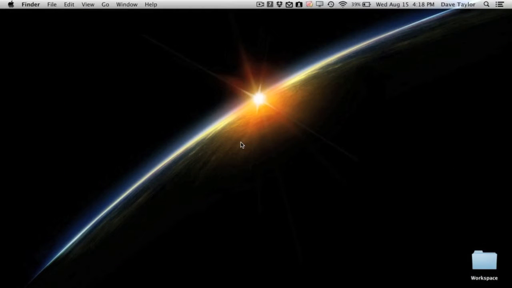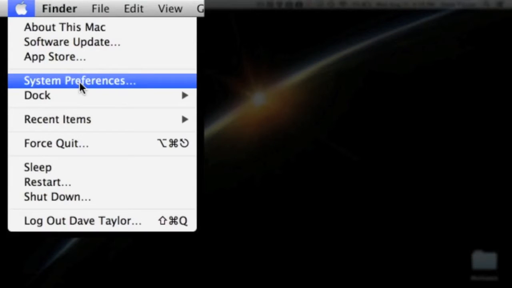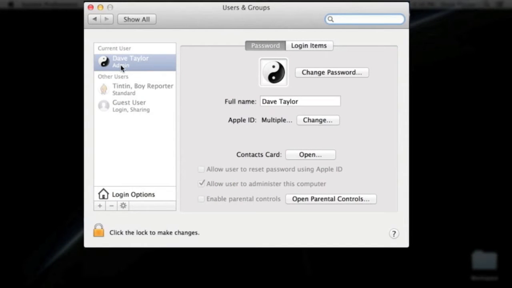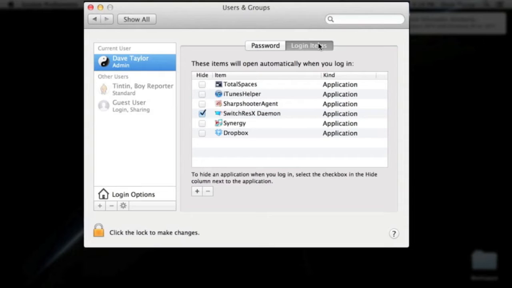On the Macintosh side, the easiest way to do this is to go into System Preferences off the Apple menu, and then Users and Groups, and then under Your Own User Account, choose Login Items. Generally, this will show you the majority of the things you have going on, and you can just choose to delete them. It doesn't delete the actual program, it just means it won't start up when you go and actually